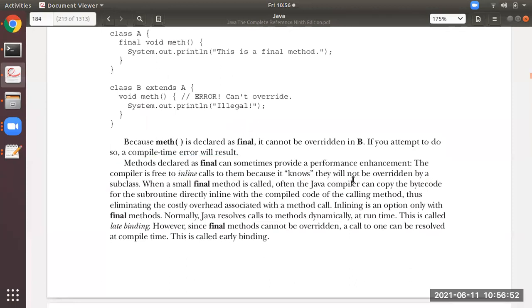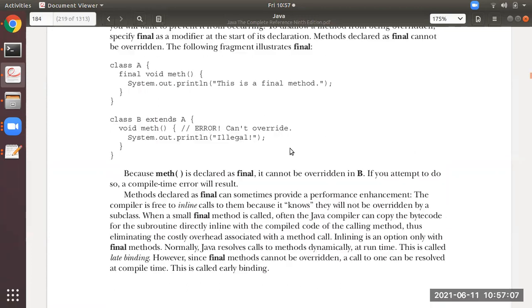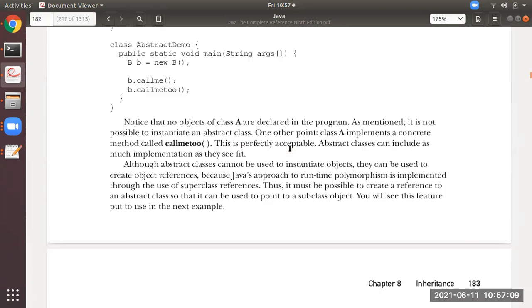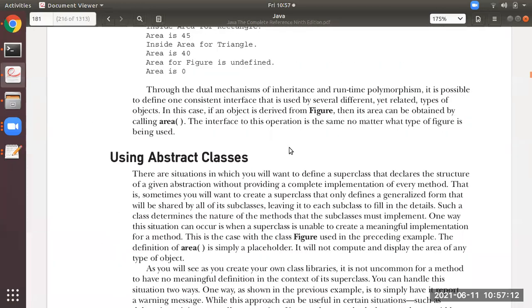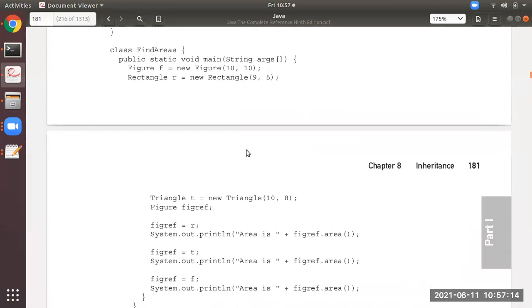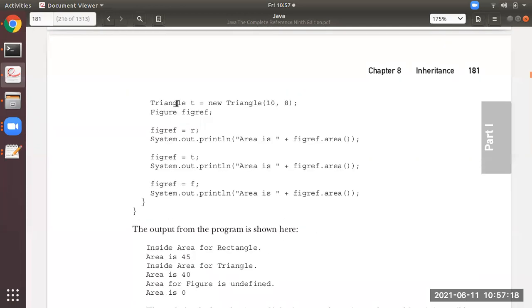But there are two points I want to explain to you, that is early binding and late binding. In dynamic method dispatch the concept is late binding, as I explained in the last class. See here, f is an object of figure, r is an object of rectangle, t is an object of triangle. So the figure reference f is only a reference over here.